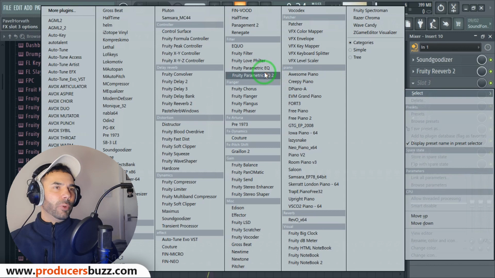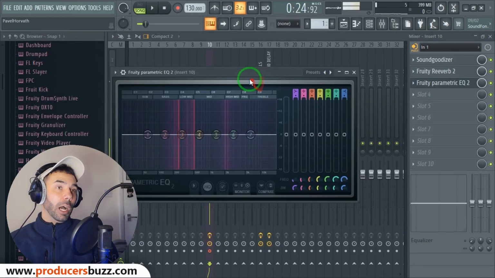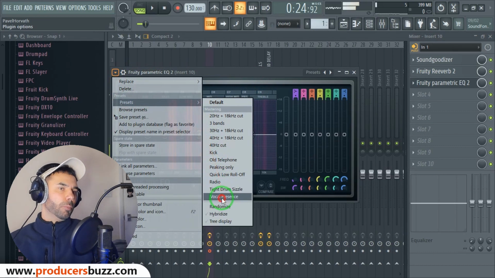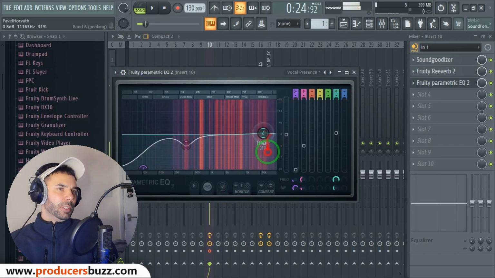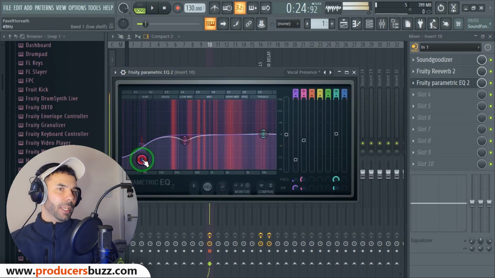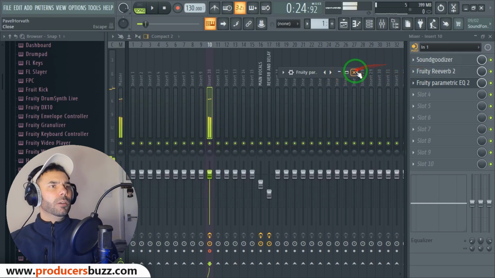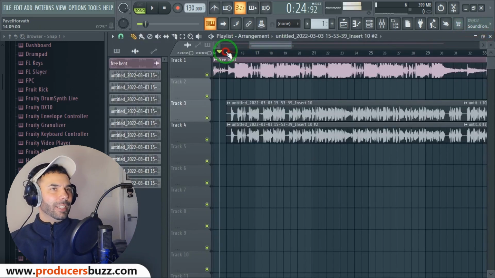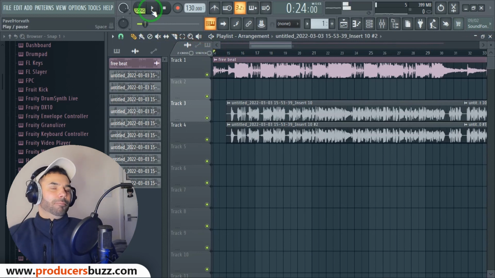And I'm gonna add Fruity Parametric EQ after the reverb and vocal presence. I'm just gonna take this down and ease it up again. And I'm gonna kill off the reverb like halfway, maybe like this, and that's it. Let's just go and create some nice kind of background for this. Okay,